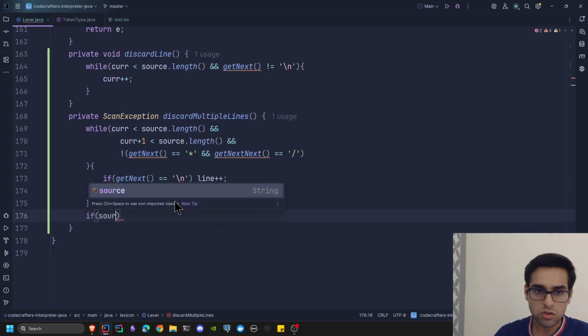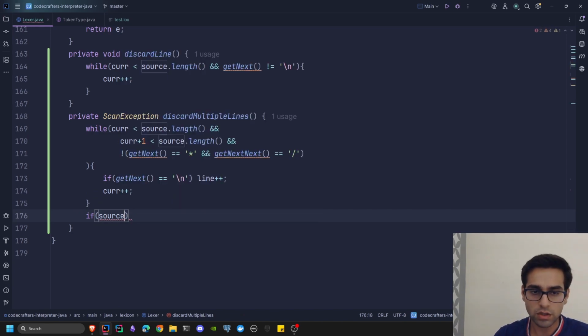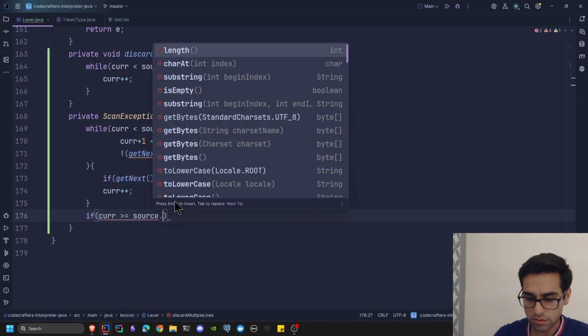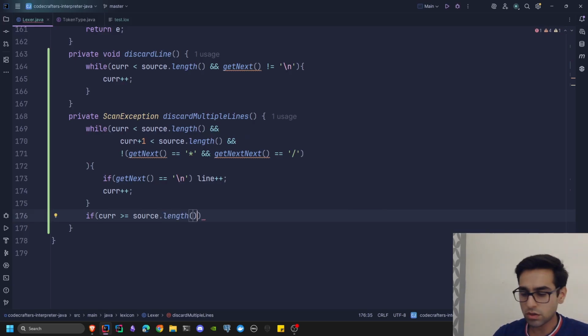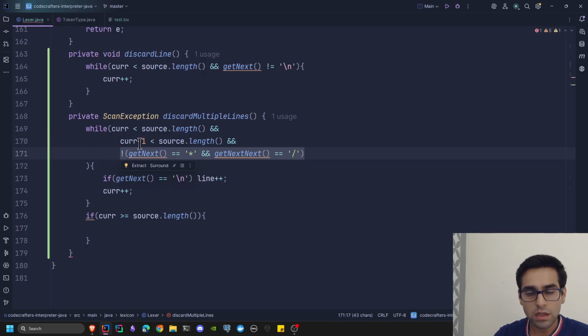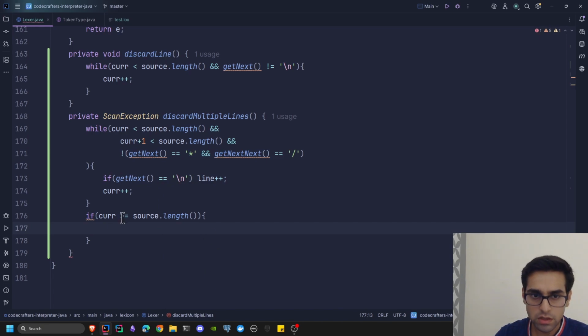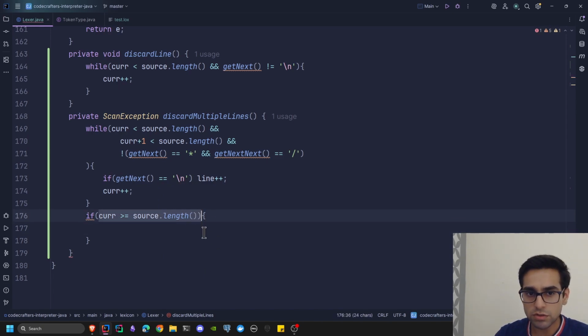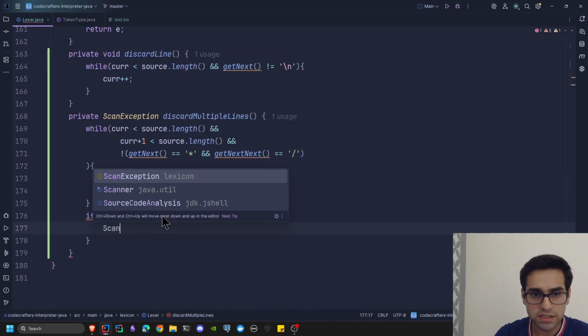If current is greater than equal to source dot length, if that is the case, then we have an exception. The exception is that we have an unterminated multi-line comment. That is definitely the case. So if this was not the reason this while loop broke, then we definitely have a multi-line comment. Right. So if current is greater than equal to source dot length, then this is not the reason why this while loop broke. Then we definitely have a multi-line comment, and in that case, I can create a scan exception